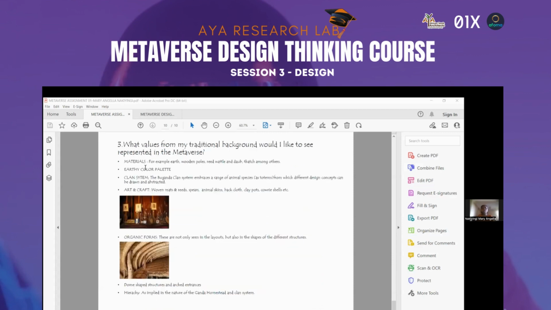Some of the things I wanted to see in the metaverse are things that are representative of our culture. We see the materials like the earth, the wooden poles, the wattle, and the earthy color palette.